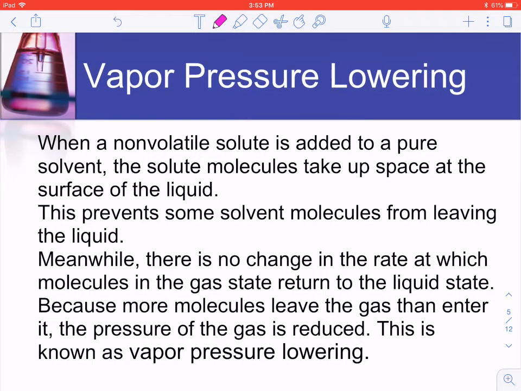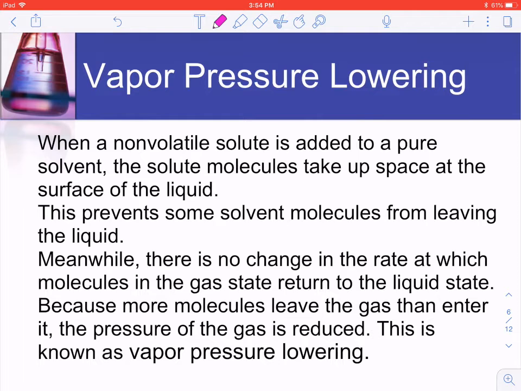What's going on there? Well, when we add that in there, these little solid particles are going to take up space near the surface of the liquid, and that prevents some of the liquid molecules from escaping into the gaseous phase. So vapor pressure is the pressure at which the liquid turns into a gas. And so if we make it hard for those molecules to do that, that in turn is measured as a